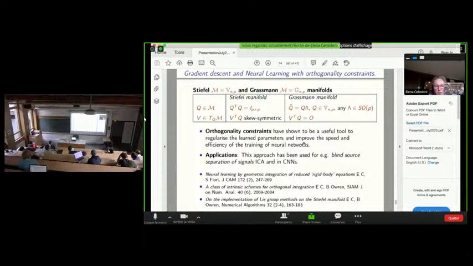It improves the speed and the efficiency of the training, and it regularizes the problem. You can find applications of this in the literature for blind source separation, independent component analysis of signals, and also in convolutional neural networks.